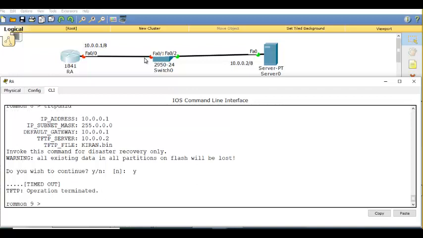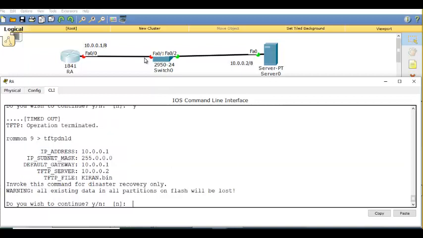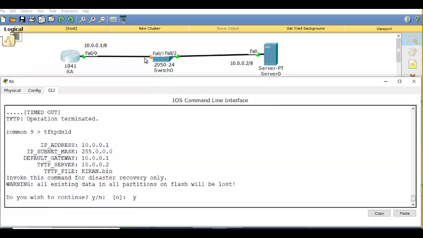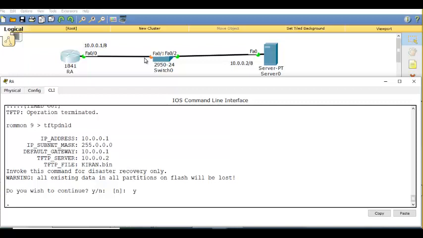Now soon you will see, okay, timeout again, try again, TFTP download again. It is all because of the switch. Switch is taking a long time to learn.